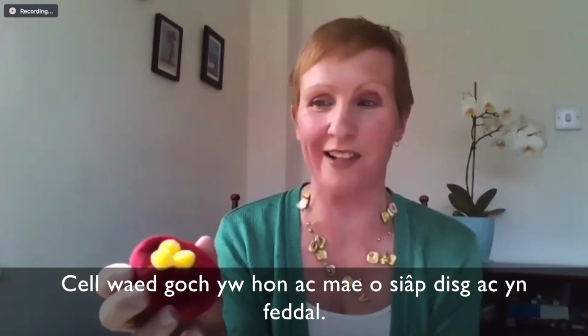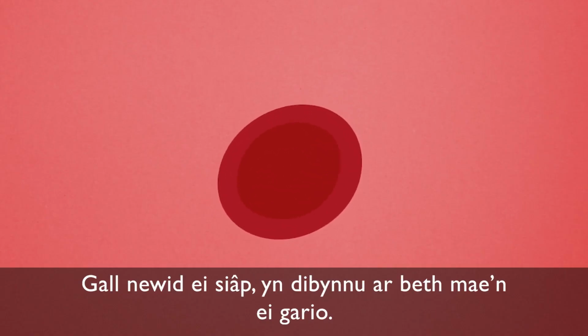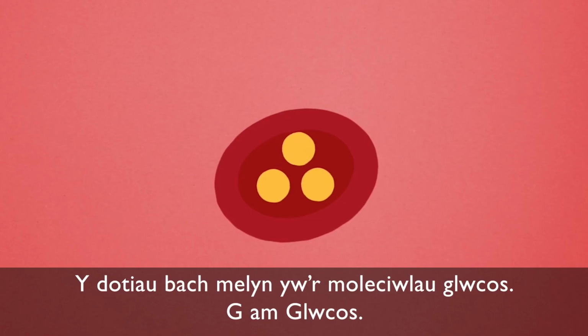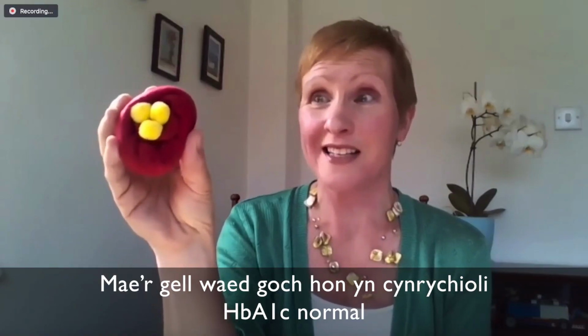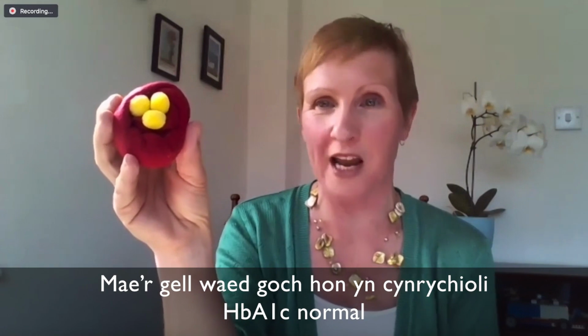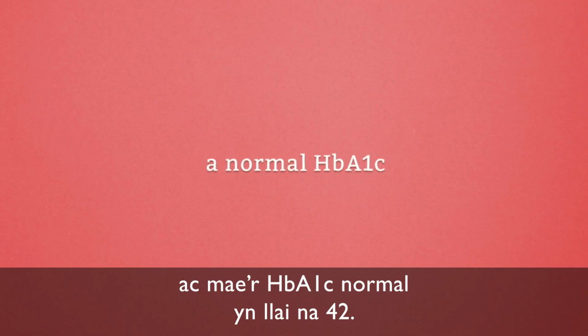It's a red blood cell and it's concave in shape and it's squashy. It's able to change shape depending on what it carries. So the little yellow dots in there are the glucose molecules, sort of G for glucose. So this red blood cell that I'm picking up now is representing a normal HbA1c, and the normal HbA1c is